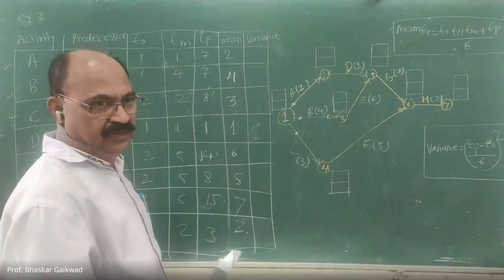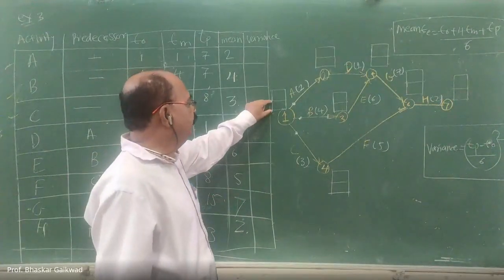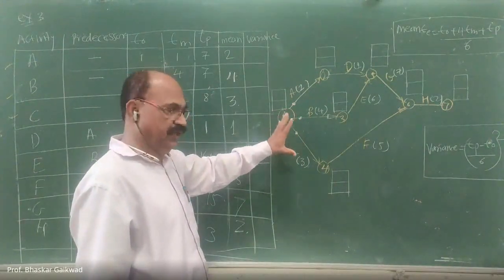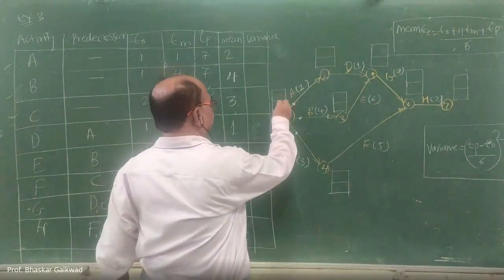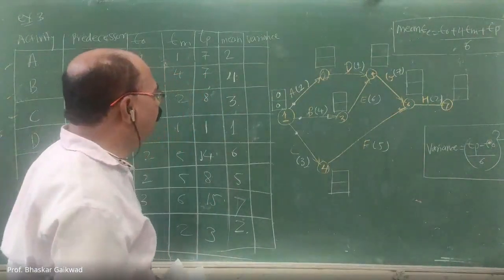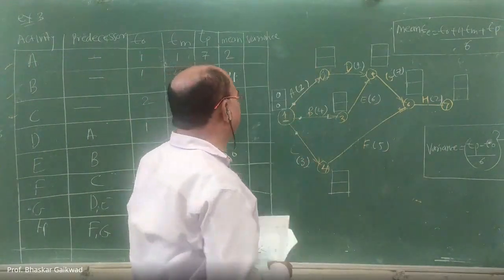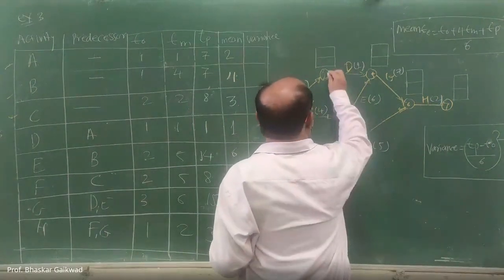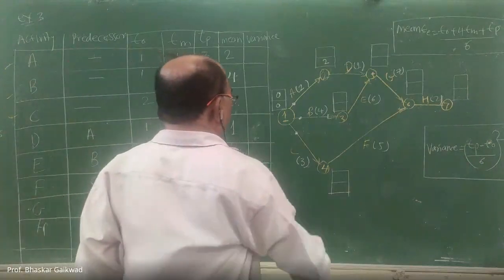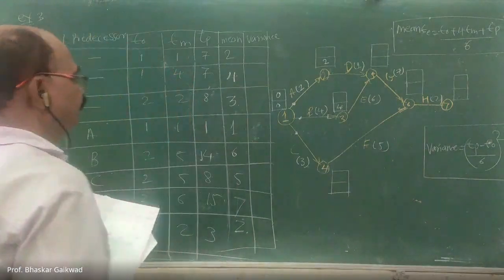after that, we have to find out the earliest time. This is the earliest, this is the latest. This is the same for all nodes or events. So initially here it is 0, 0. So 1 to 2. What is the 1 to 2? This time plus this, you can write here. Here it is a 2. So activity 2 is there. Then 1 to 3. This plus this, here it is a 4. Then the activity is over.